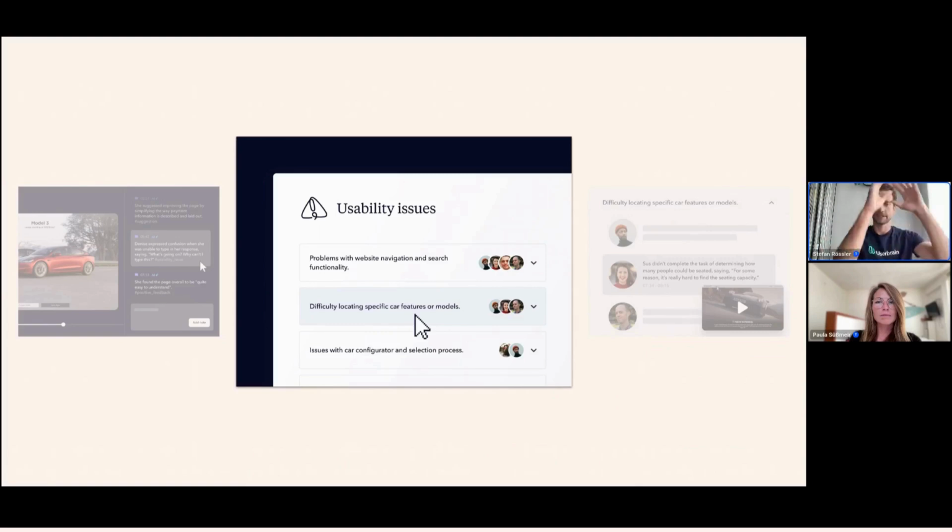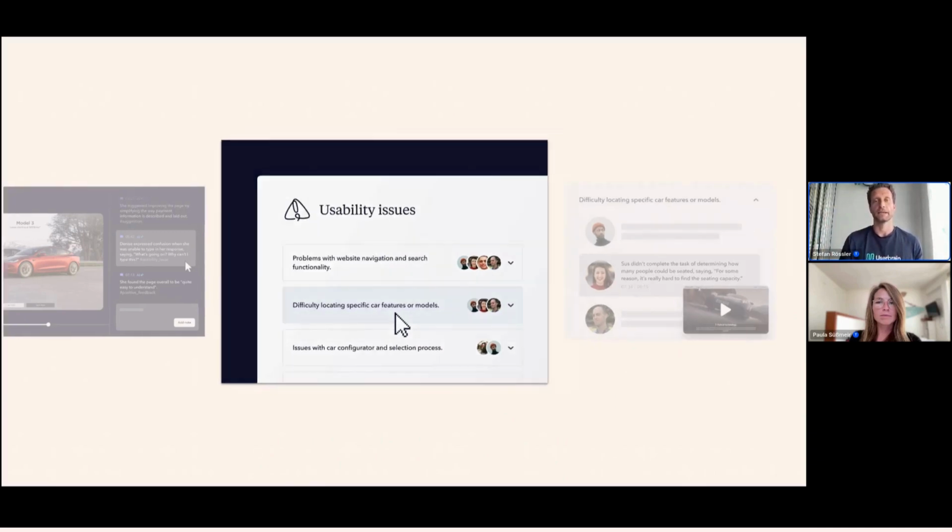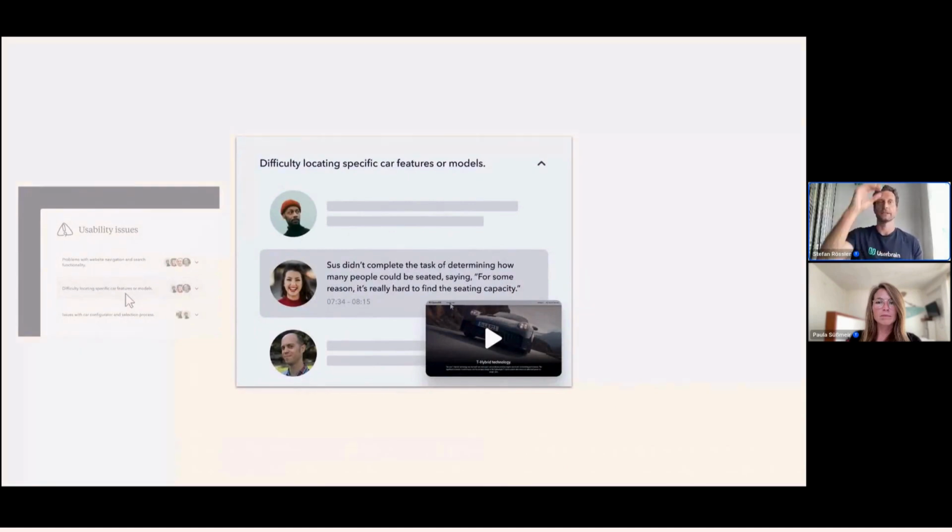So again, first, everything gets time-based annotations, and then the AI looks at all those things and tries to find the patterns and themes and puts them together, so you can see it in a meaningful way, in a way as we, as a usability agency, worked for the longest time, and how we would present it to a client, because that makes the most sense. And then once you click on one of those issues, you can see the individual testers, you can see the actual note, and from here you can click on it and watch the highlight clip that shows exactly what's going on in this scene. Okay, that's pretty much how the whole thing is working.